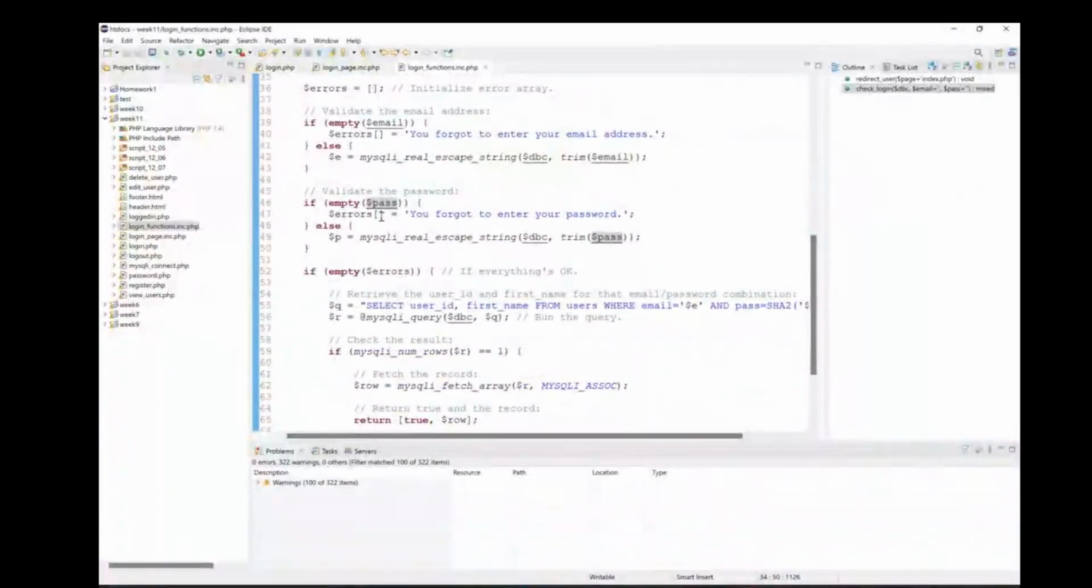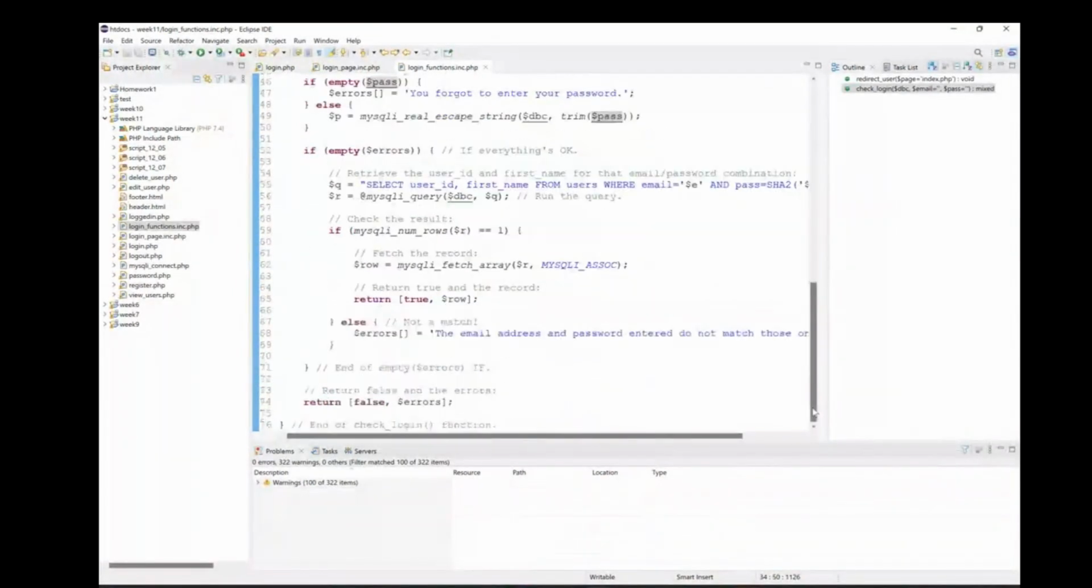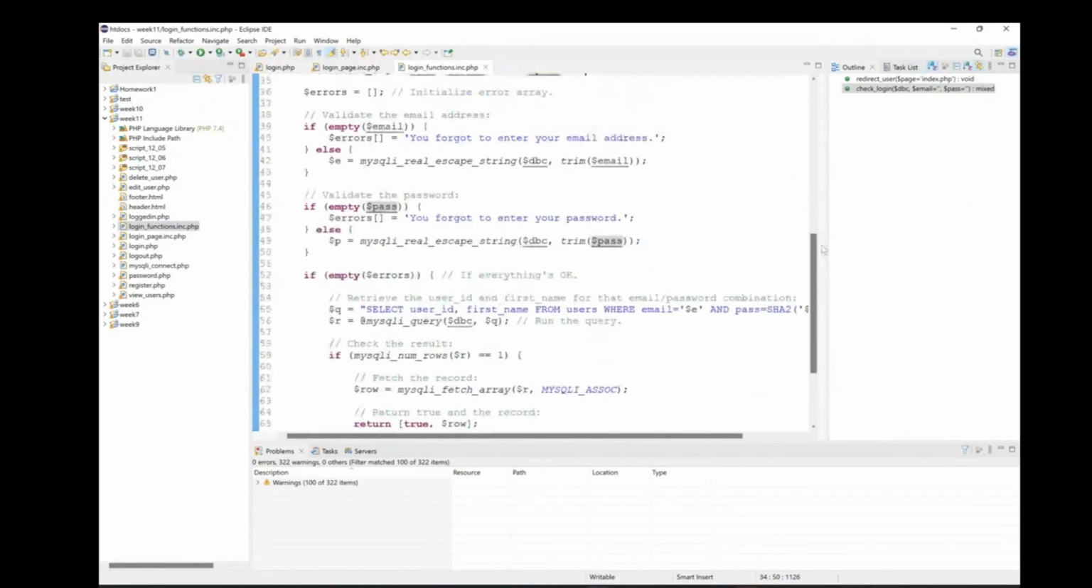Okay, and the errors would be filled up if you have forgotten to put your email or password, then the errors are going to be filled up. Okay, and if there are errors, it will return false with errors. But in case you don't have errors, that means everything is okay and errors is empty. That means you have correctly put your username and password, or email and password. In that case, it will